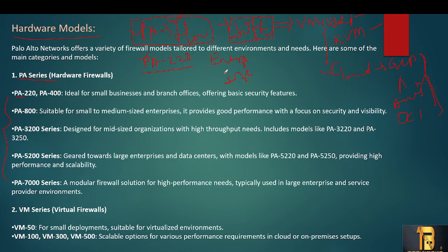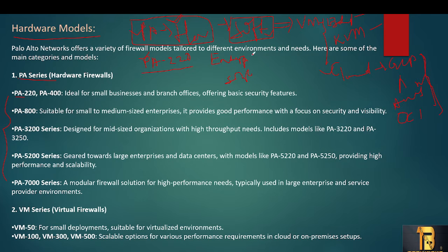Based upon our usage, we buy the phones. We depend mostly on mobiles nowadays to access anything, so we need some extra RAM or an extra processor. Based upon the usage, we select the mobile, right? In the same way, Palo Alto has also designed the hardware models based upon the enterprise size.